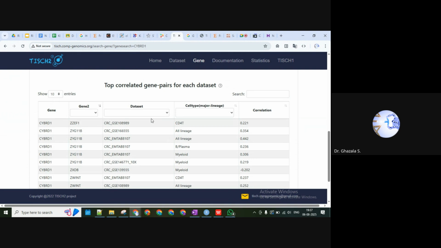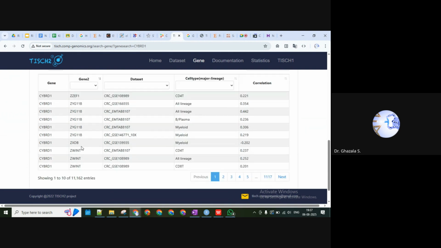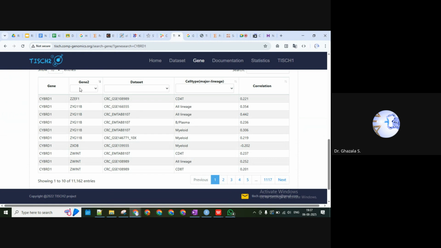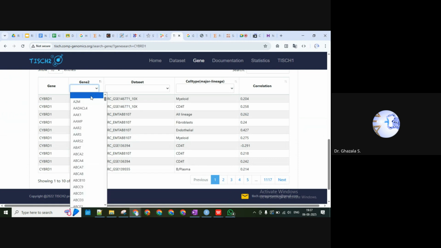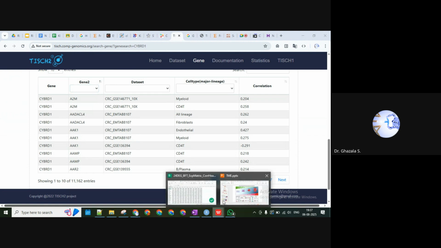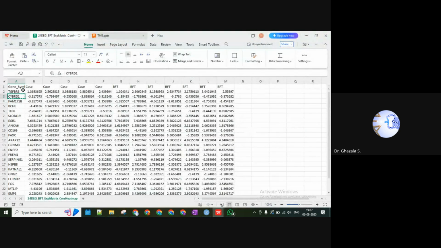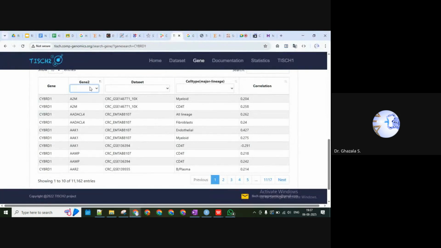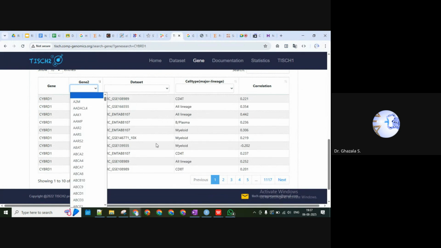Once we download this particular information, we can also check for a specific gene that we are more interested in. Okay, so we can select the gene, for example, to see if it's in our list or not. Let's say TGFBR3. If we check for the gene, then we can see if there is any relation, or whether a cell type is present or not. Just a minute.